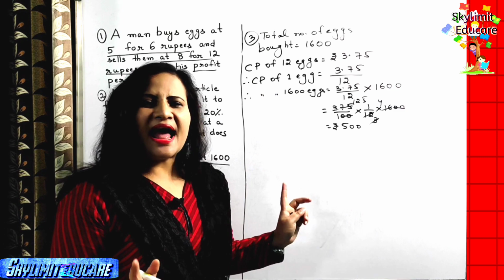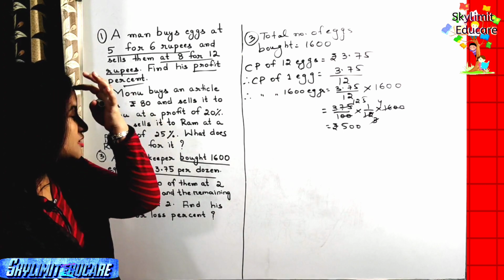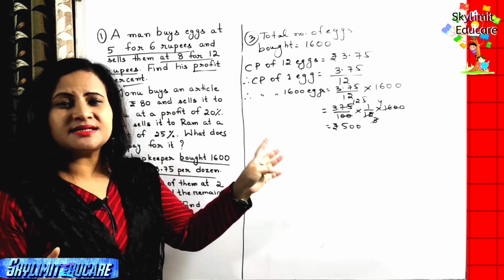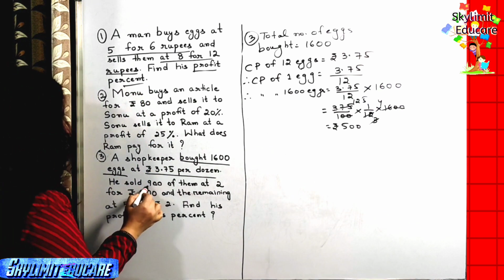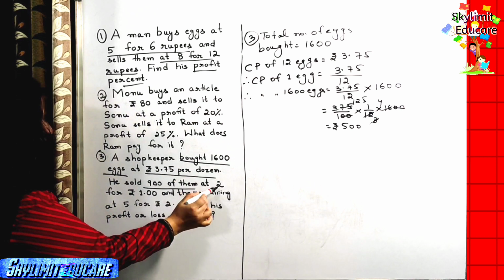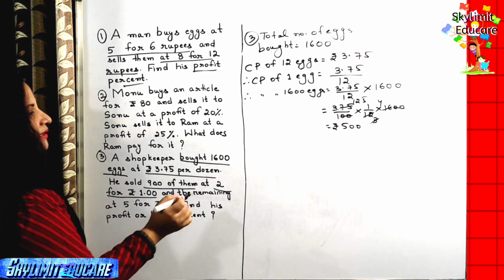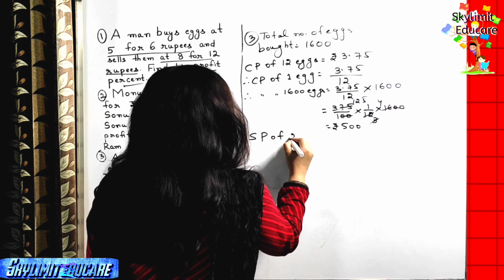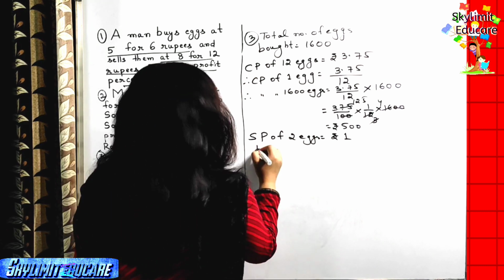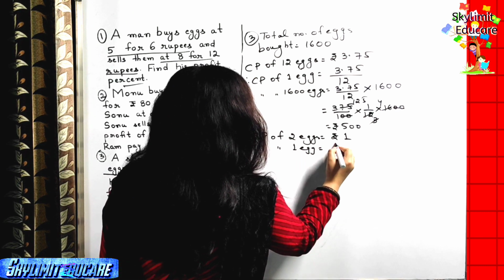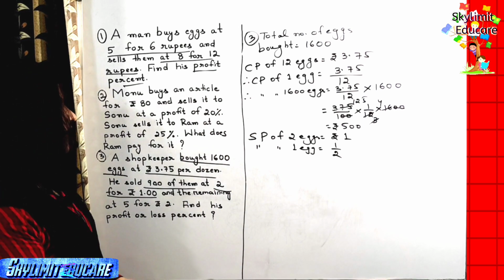Okay. Now, as you can see in the next part of the question, the shopkeeper didn't sell all the eggs that he purchased, all the 1600 eggs, at the same price or the same time. He sold first 900 eggs. That means first 900 of them were sold at 2 for rupees 1. Similar to the first question, 2 for rupees 1. That means SP of 2 eggs is rupees 1. So let's find out the SP of 1 egg. It will obviously be 1 by 2. Second step division. Always do like this. So SP of 1 egg is 1 by 2.